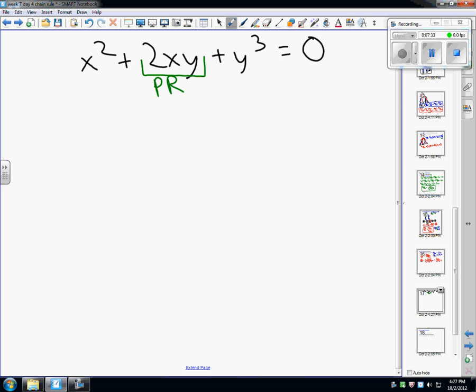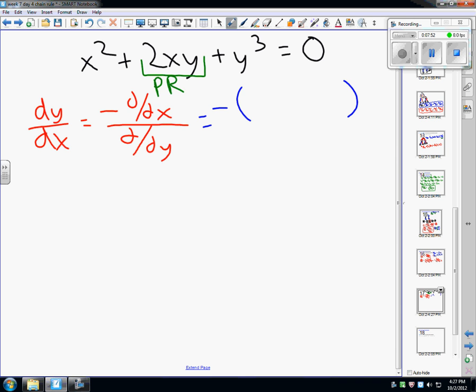Well, now, if I want implicit, it's going to go pretty quick because I say dy dx is negative, the partial with x on top, the partial of y on bottom. Okay? Now look how quick this is. I'm going to just do it all basically in one line. Negative, the partial of x, 2x plus 2y, all over partial of y. Okay, partial of y is just,